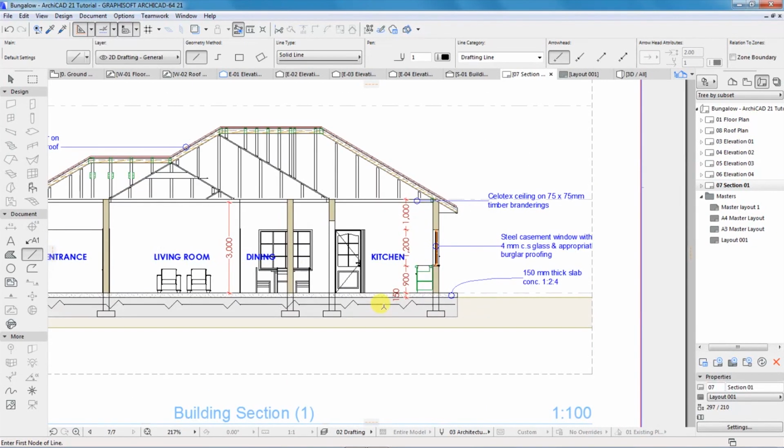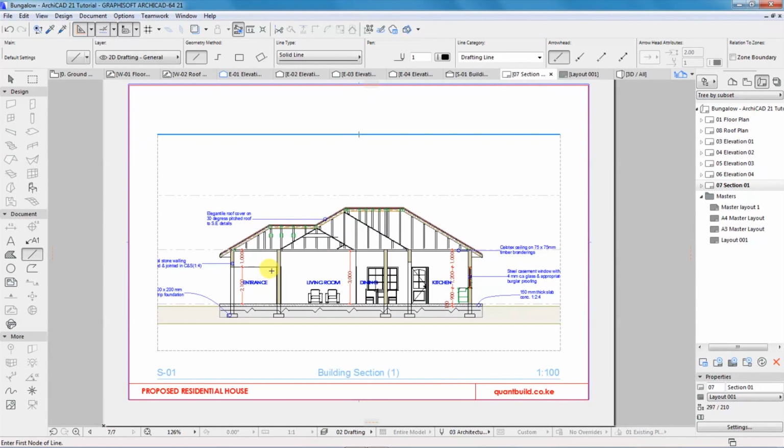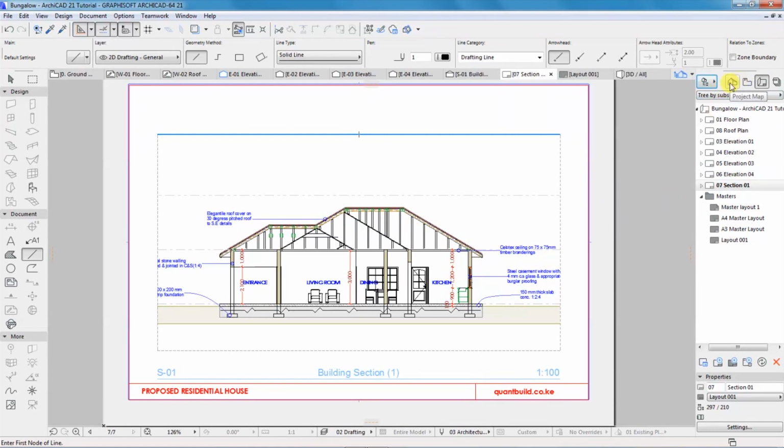So what we do is go to the last tab from the project navigator. You see we had moved from the project map to the layout book, and I have this icon here